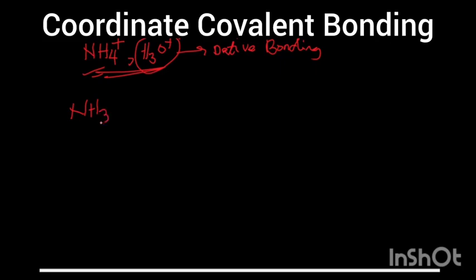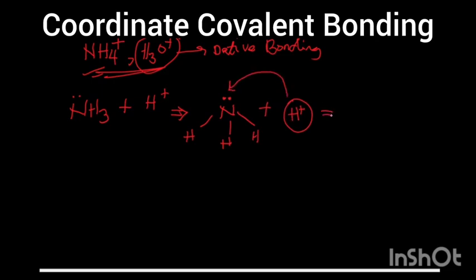Don't forget, for dative bonding, one of the participants must have a lone pair of electrons. Is that clear? So the NH3 has a lone pair of electrons. It is bonding with what? H plus. So it's going to form dative bonding. How is that? We know that NH3 from what we've done before is like this. Isn't it? So it has one lone pair of electrons. I hope you are listening. Then plus the H plus. This one doesn't have anything and it wants to be stable. So it will come and share electrons with this. So it will now become